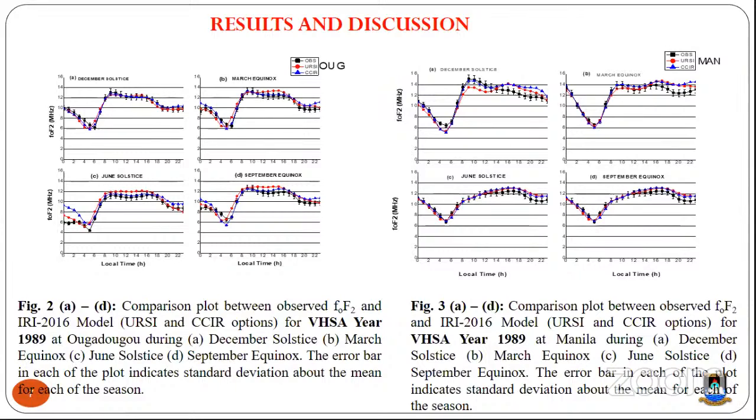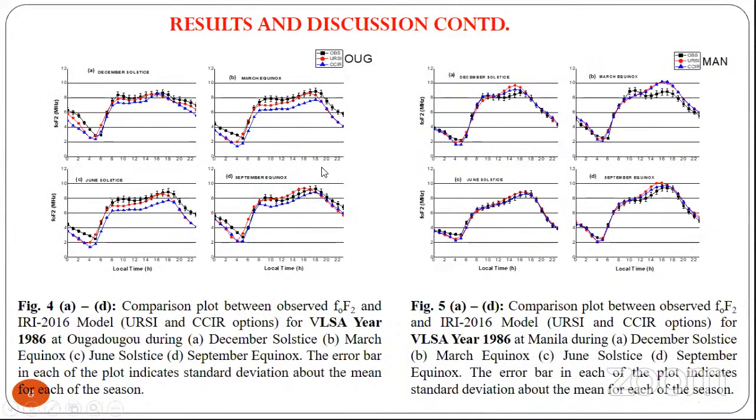We can see the IRI model options are out of the range of the standard deviation represented by the error bars. Then if we also look at figure 4 and figure 5 for the very low solar activity period, we find that the rate of underestimation was higher during this solar period for Ouagadougou, but for Manila, the model was able to predict very close to it, though there are some cases of overestimation between 14 to 18 hours. That is the time also seen during the season of March equinox and December